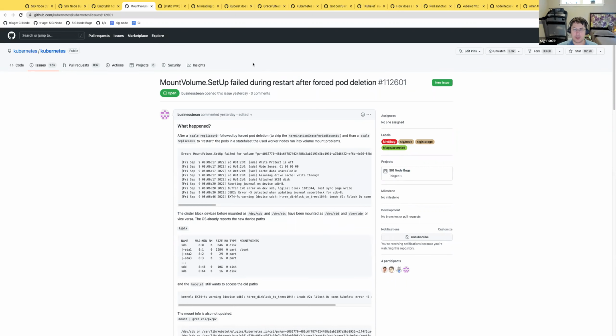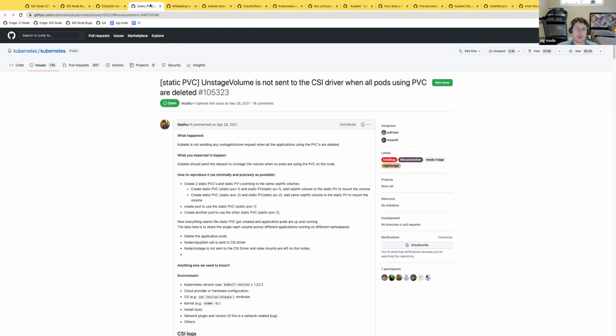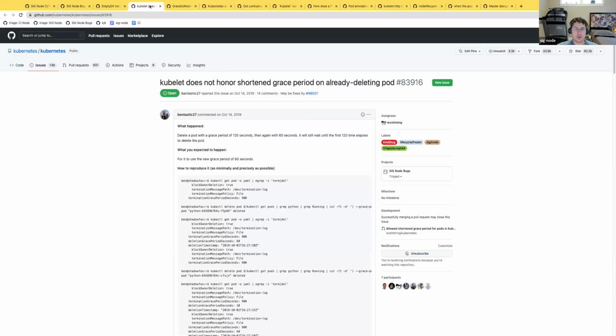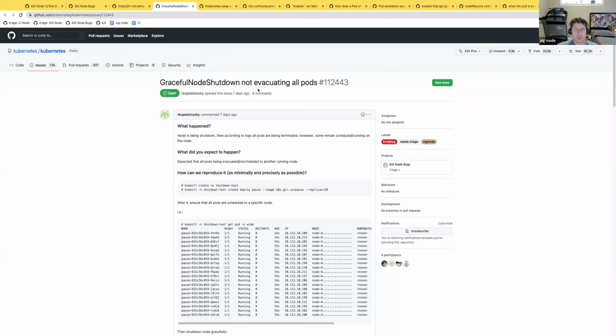Yeah, I think we will accept it, but if somebody is interested in this, please assign yourself. But otherwise, maybe SIG storage can take a look first. Okay, this is not evacuating all pods. Okay, 7 days ago, exactly last meeting.